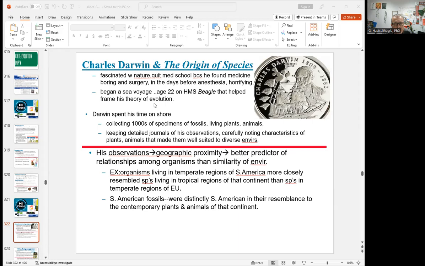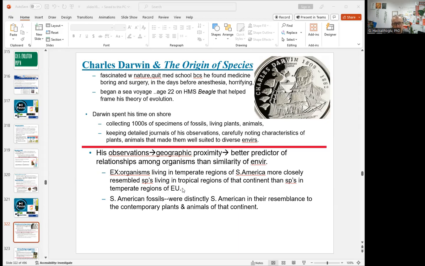So he, in his travels, was collecting data and eventually writing his book and publishing it. He collected thousands of specimens of fossils, living plants, and animals, and then brought them home. One of the observations he talked about was biogeography, which is the geographic distribution of species, because he visited so many islands and mainlands, and then he observed that